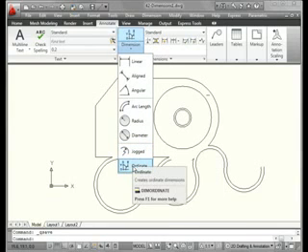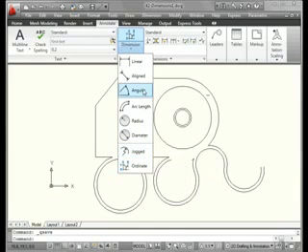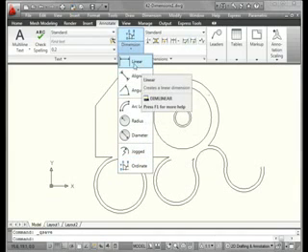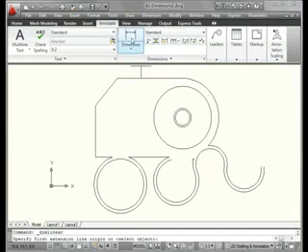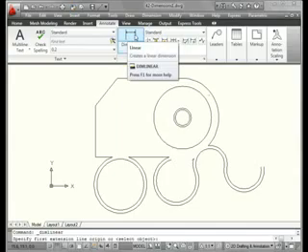Ordinate dimensions, these measure the distance from an origin point. Let's say you've started a row of columns, you can measure the distance of each from the origin column to help prevent errors and maintain accurate offsets. First, let's learn how to place linear dimensions. The linear image is now displayed for the tool icon, and the command line asks